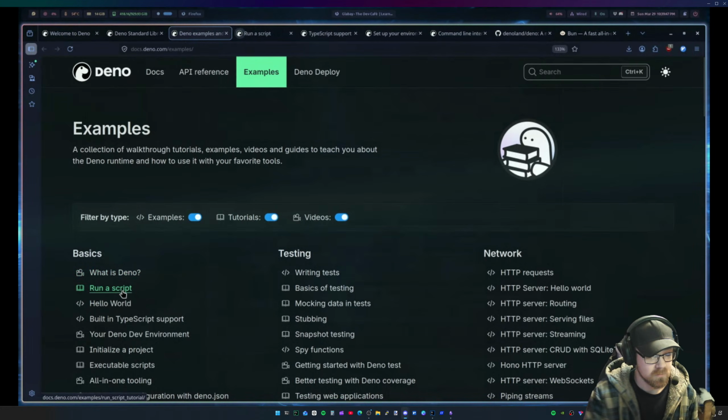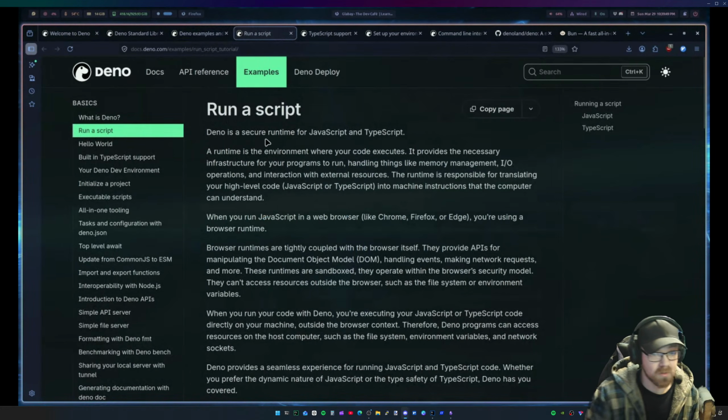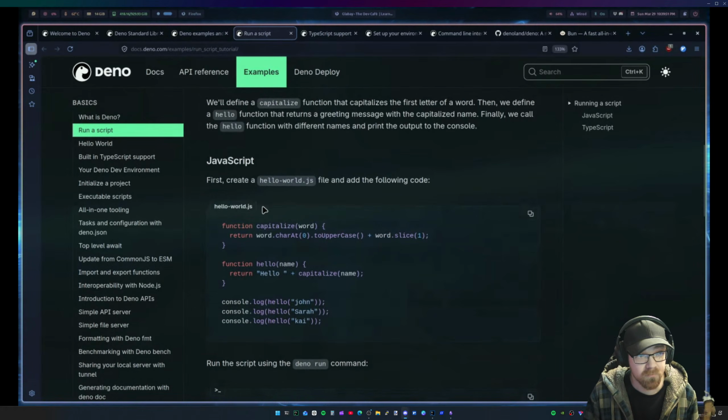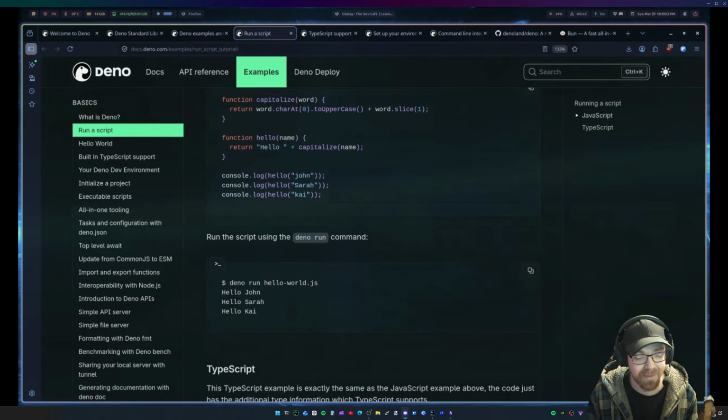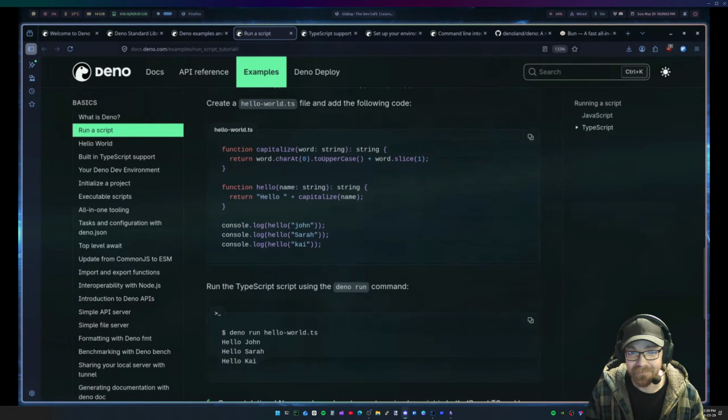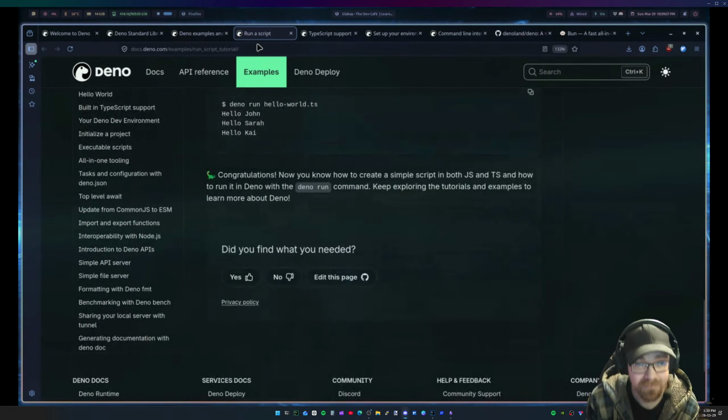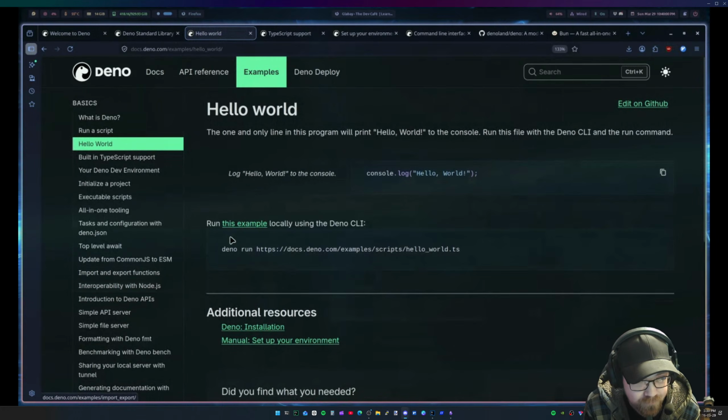We already looked at what is Deno. Let's see, run a script. Jot down a note to myself while I thought of it before I forget it. I got a bad habit of that. Oh, but I don't need to run JavaScript, okay. Okay, so. Let's see, hello world, okay. The one and only